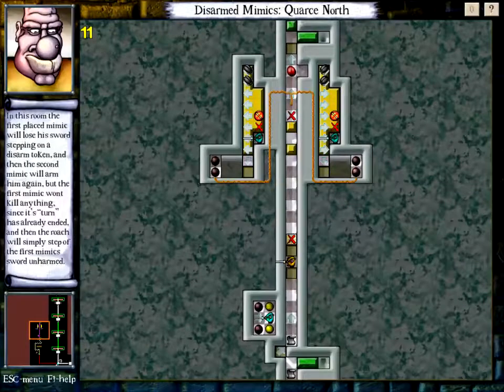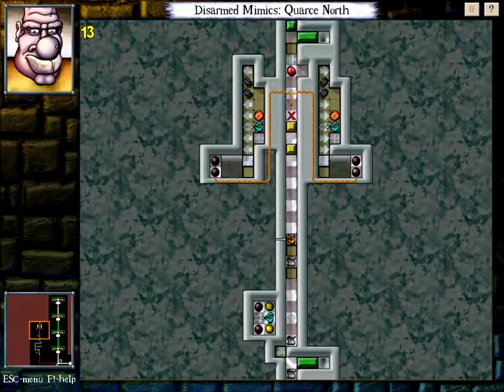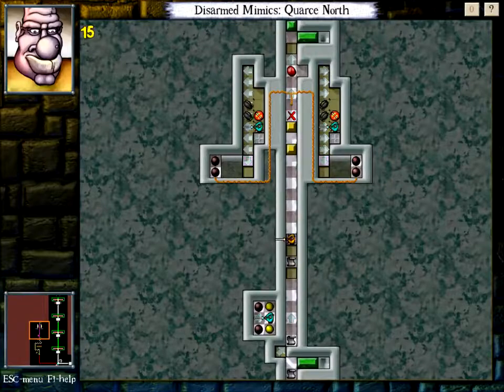In this room, the first placed mimic will lose his sword stepping on a disarm token, and then the second mimic will arm him again. But the first mimic won't kill anything, since its turn is already ended. And then the roach will simply step off the first mimic's sword unharmed. Okay. But bombs blow everything up anyway, so it's okay. Right, so if I wait...